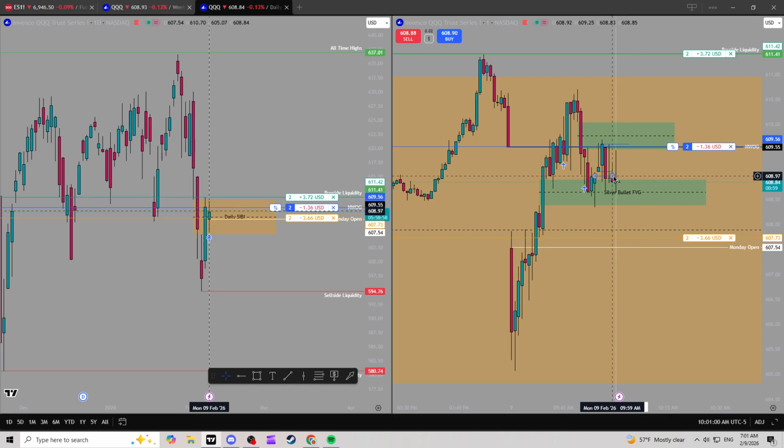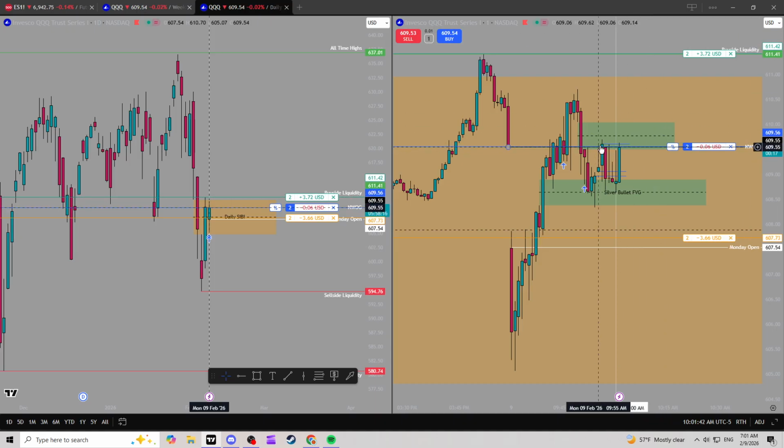Oh, damn. This volume imbalance right here. I thought we were for sure going to close over it on that last candle, but we are not getting past that. I hope that we do. If we get past this consequent encroachment, that'd be a great sign on the bullish side. Come on, just shoot past it. Look at how it just referred to that new week opening gap, 609.55.